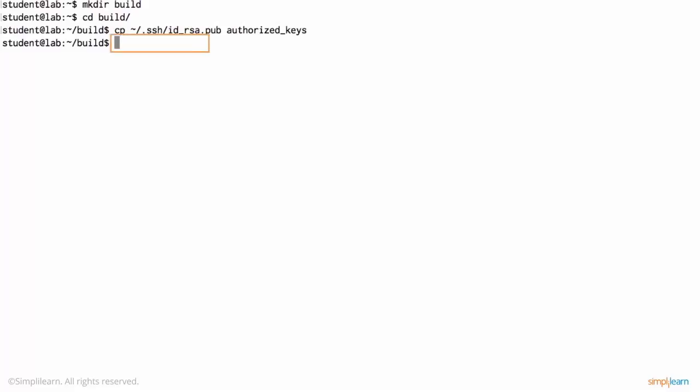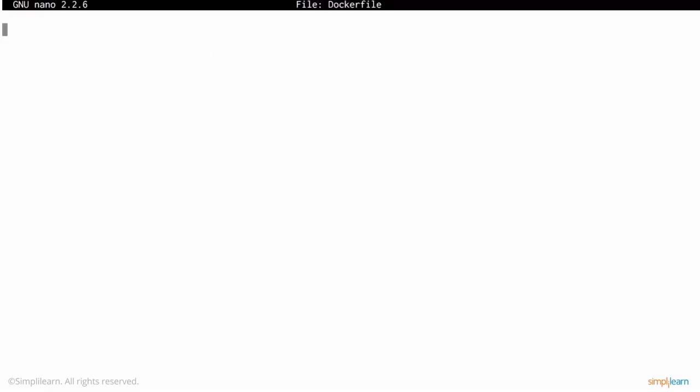So here we are in the Nano editor. The first thing we do in this Dockerfile, and remember the Dockerfile defines a set of steps that Docker will follow to create an image, is say: what is our base image? And we want to use Alpine, and the tag we want to use is latest. We want the very latest version of the Alpine image.